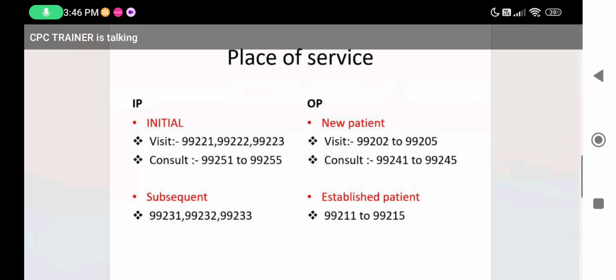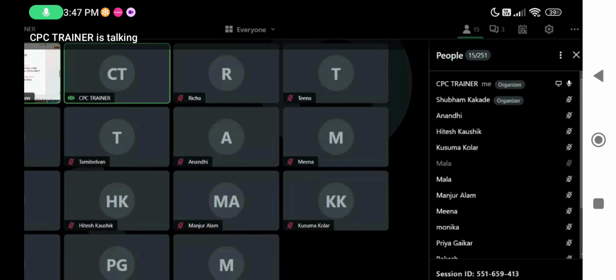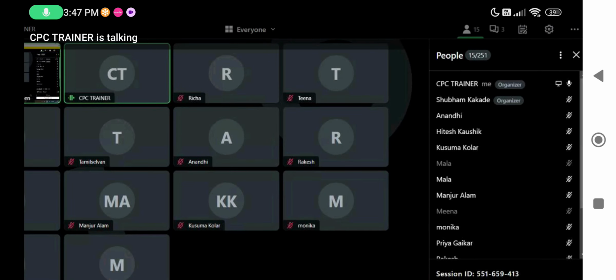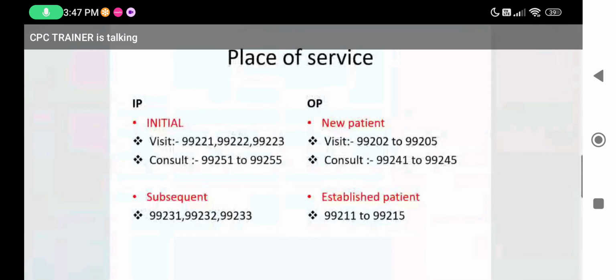So in your CPC exam, you are compulsorily receiving one question from consult. So please note down the heading consult, guys. For consult, we need to apply one guideline. What does the guideline mean? The guideline is called the triple R concept, guys. This guideline is very important. So now I will give you three Rs, please note down.